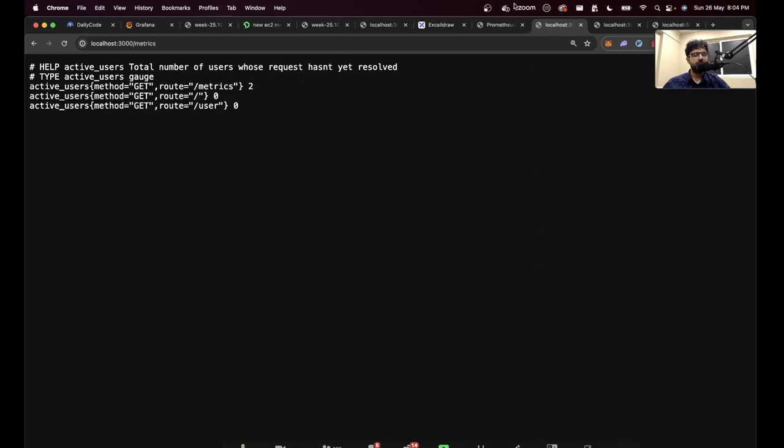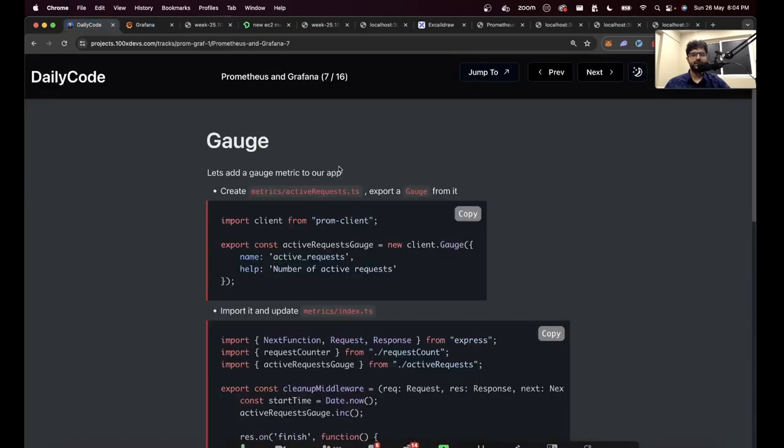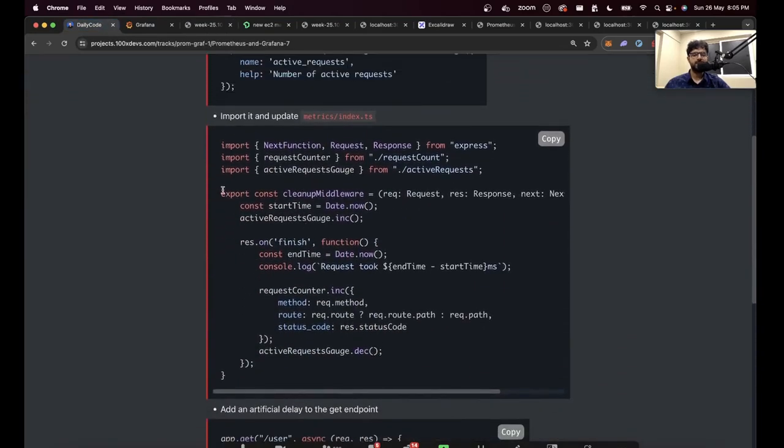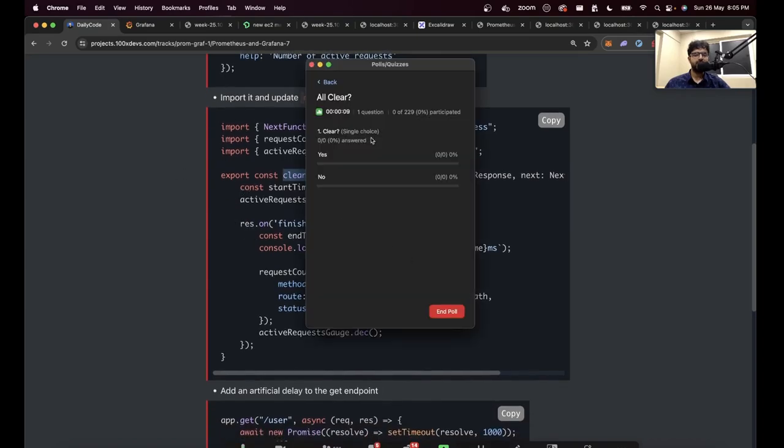So do we understand counters and gauges? I will take a break after this and happy to recap, but let's do a quick poll. Okay, do we understand these 2 slides? One on gauges. This is how you create a middleware where whenever